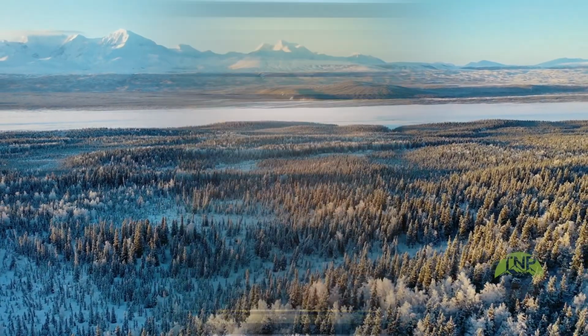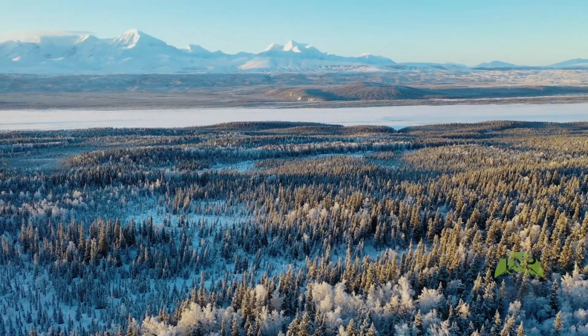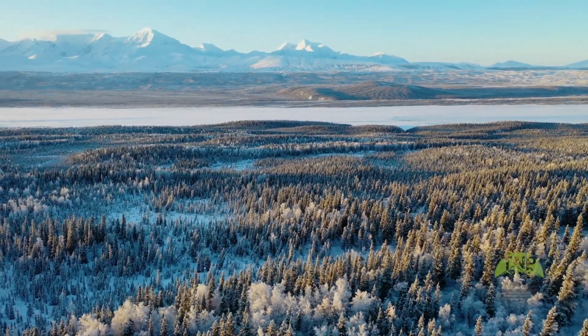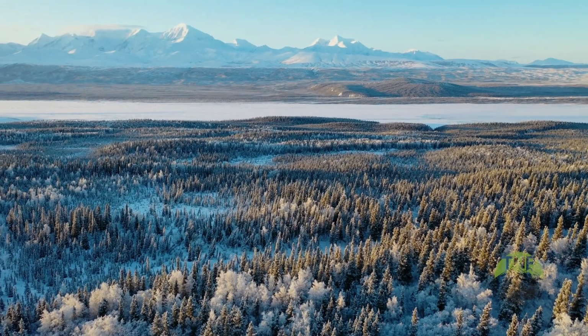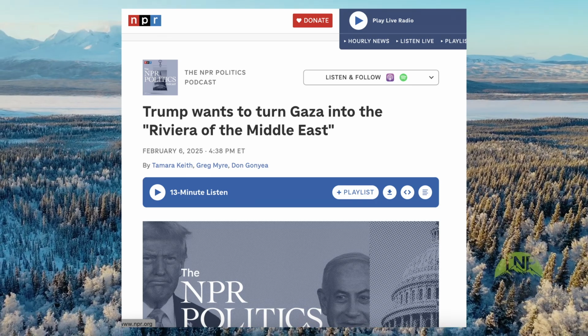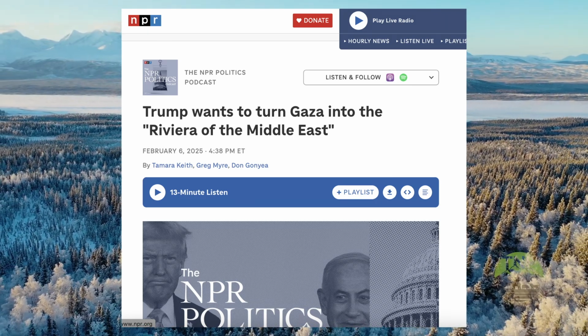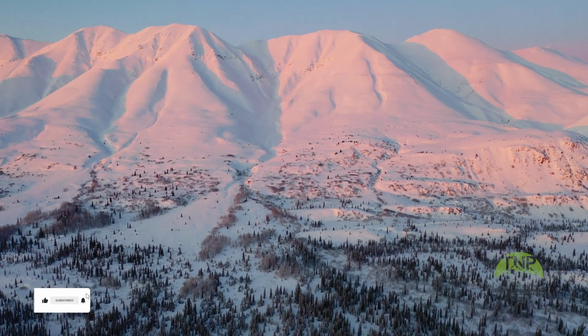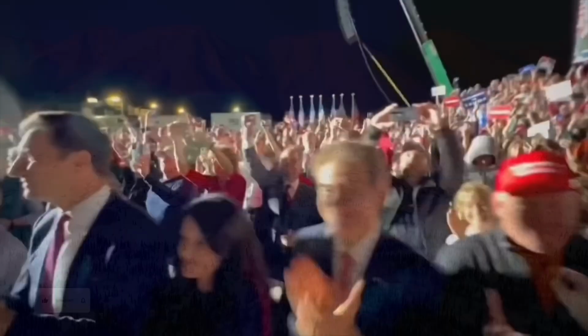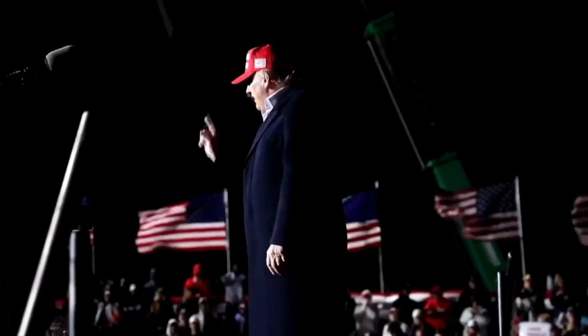Throw something wild out there, and then you reel it back in to something that, while initially might have seemed impossible, seems a little bit more possible when compared to, I don't know, turning the Gaza Strip into a new Riviera. So that's definitely a part of what's going on here. The US wants concessions from Canada and Mexico about tightening up the border. That's part of it.